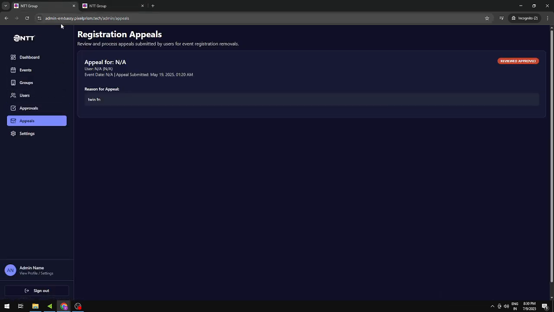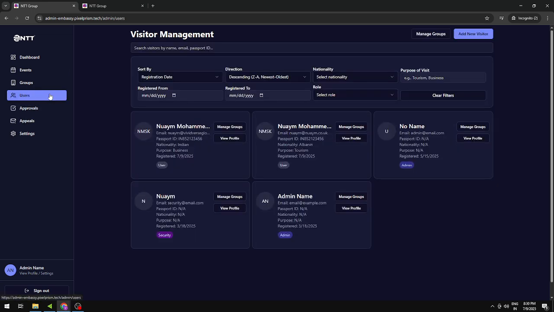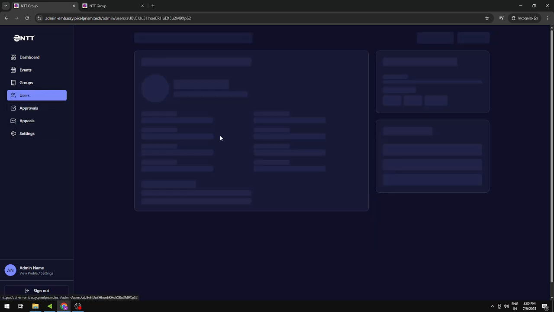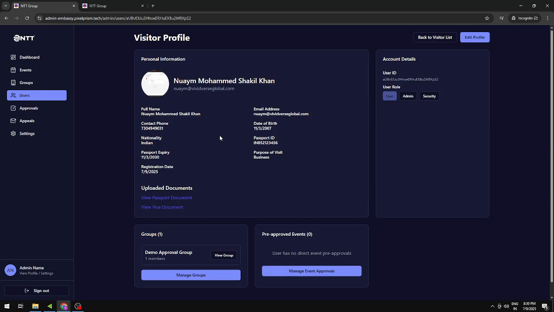We also have a thing called appeals. So a user can submit appeals, things like that. And if I, for example, have a user called noam@vividverseglobal.com, I can assign them specific user roles. So they can be an admin or a security consultant. In this way, users can create different things, and you as an admin can either assign them the admin role